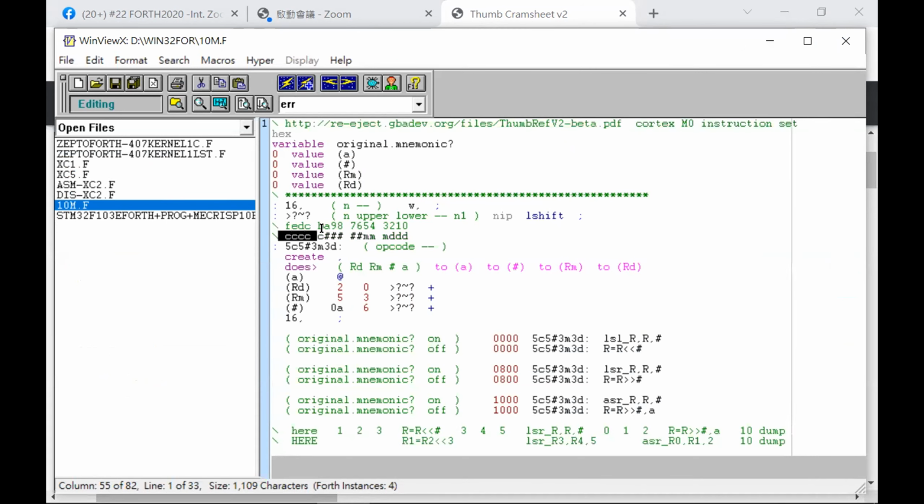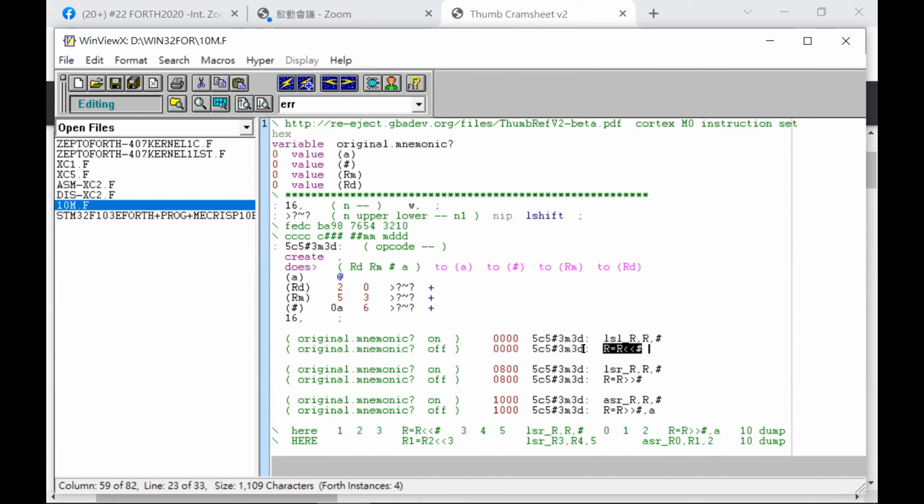Here, this is the format of the one I showed. This is 5C5. Anyway, we can say this is a defining word. It is to define the assembler of this instruction. And I prefer to use algebraic assembler style of notation. So we have 2 choices. You can use the original mnemonic or use the algebraic assembler or